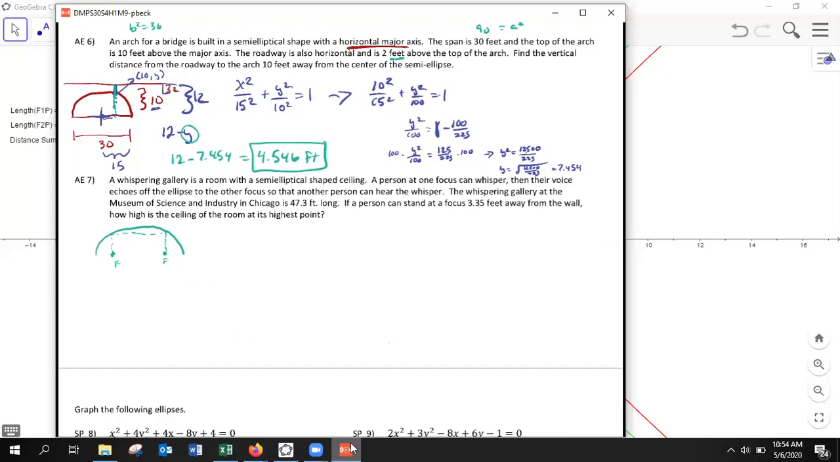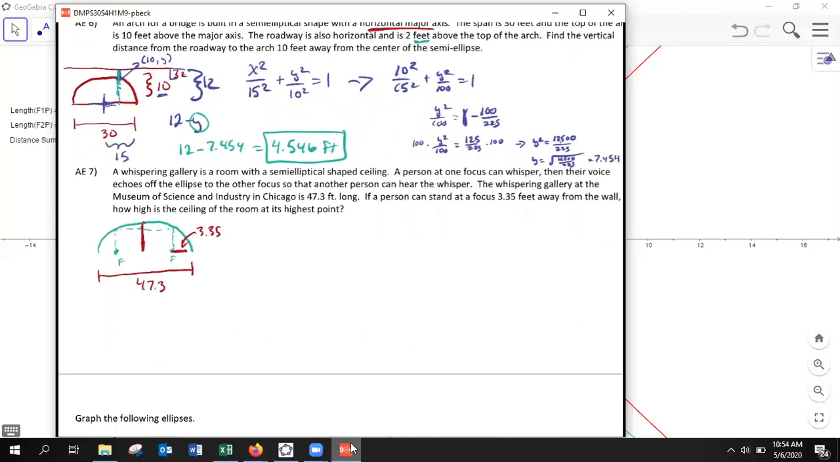So where are we at now? We are told in this problem, and I'm going to go ahead and change colors, that a whispering gallery in Chicago is 47.3 feet long. So this is 47.3 feet long. A person can stand at a focus 3.35 feet away from the wall. So this distance right here is 3.35. And our goal is to figure out how high the ceiling is at its highest point. Now I'm going to assume the entire room's elliptical based off of how this problem is built. Usually in a real life situation, there is an extra height added here. That's not part of our problem, so we're just going to assume this whole thing is